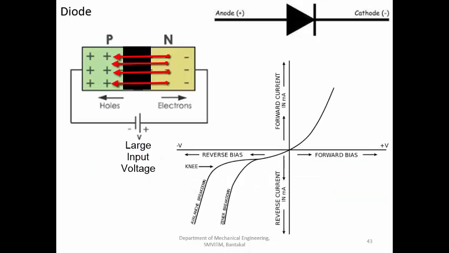Usually the diode is going to get heated up. The energy of the electrons is continuously going to increase because of the heat. So more and more electrons are going to jump. At some point, there will be a breakdown of this particular diode and the depletion region will completely vanish. The current will flow very freely.